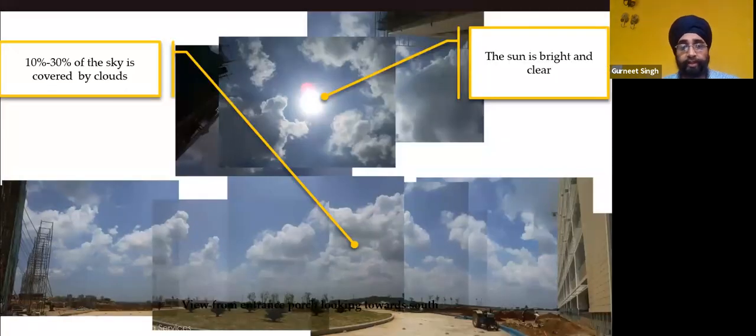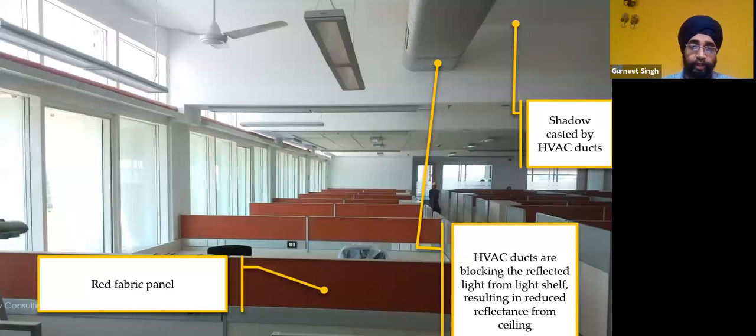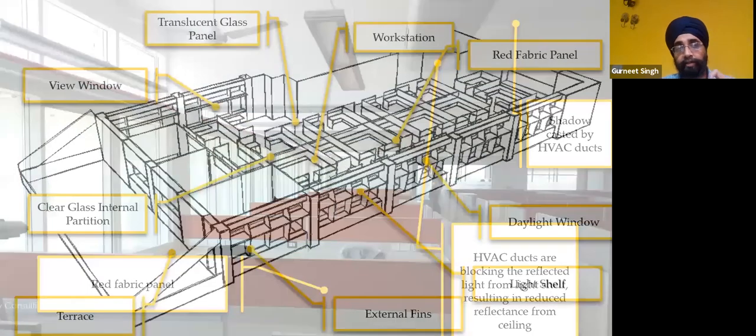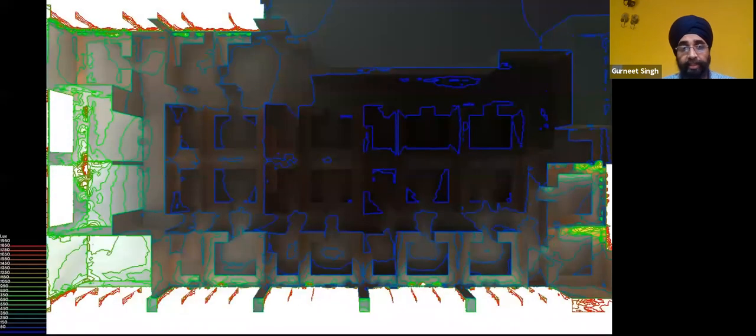In fact, in this project we also went a step ahead. After detailed simulation and analysis, we went to the site and checked whether the actual results of the building were in line with the simulation. We checked the sky conditions and the cloud cover, took actual material specifications, and then calibrated our thermal and daylight simulation model with actual materials with the final design